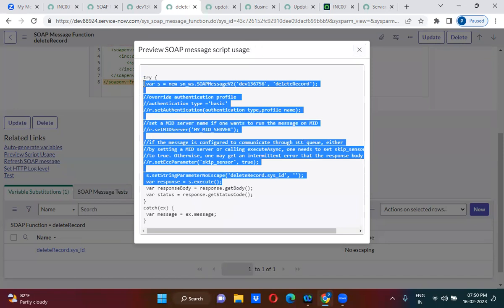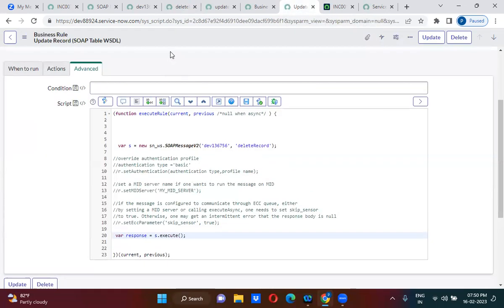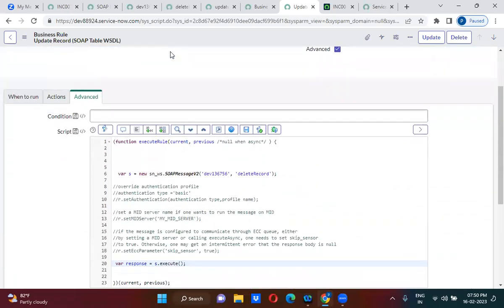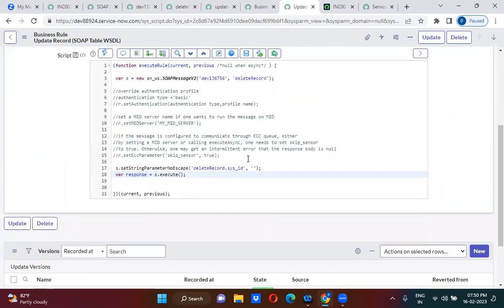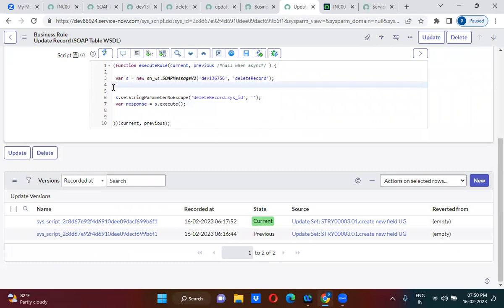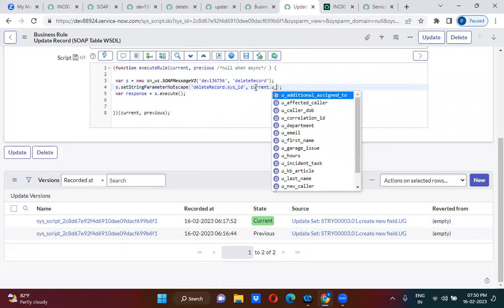This time we have got the variable. Okay, here you have to pass correlation ID. Current dot u underscore